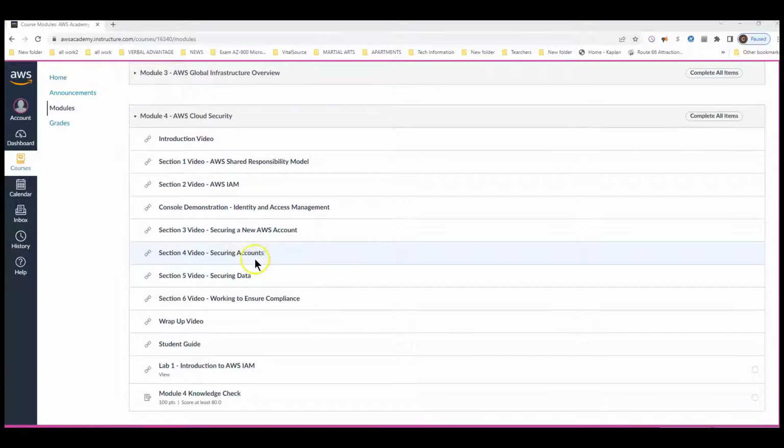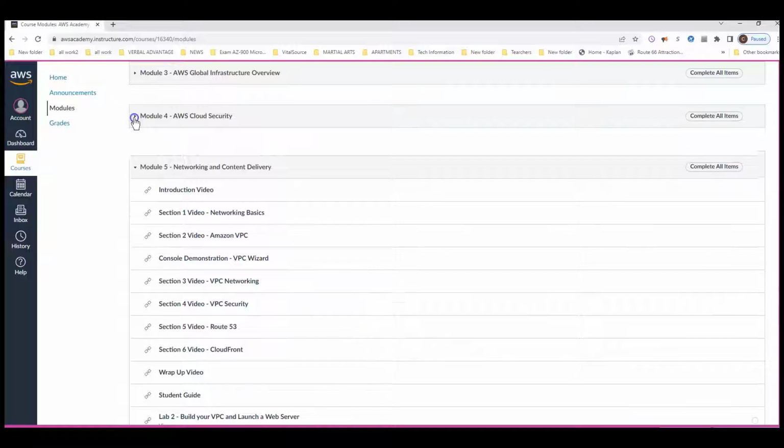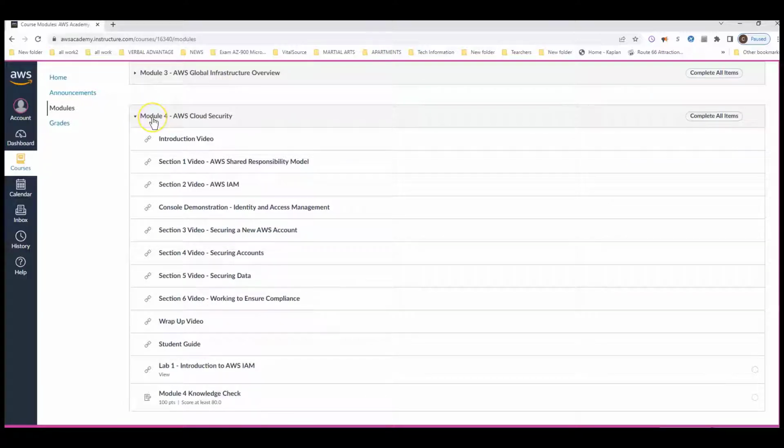Okay, so I want to do a demonstration on how to present your lab to your professor. Now, what I'm really concerned about is that, as you can see right here, I'm inside of the AWS Portal, and once you click on this particular link here, which is Module 4, which has the first lab that you